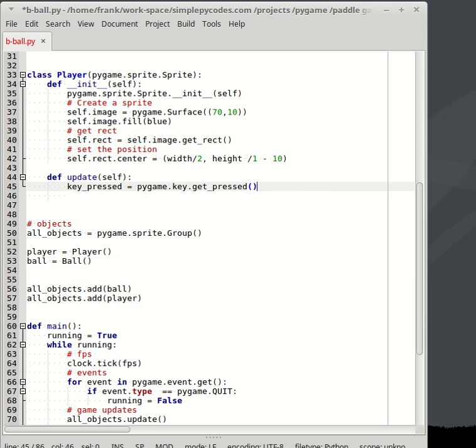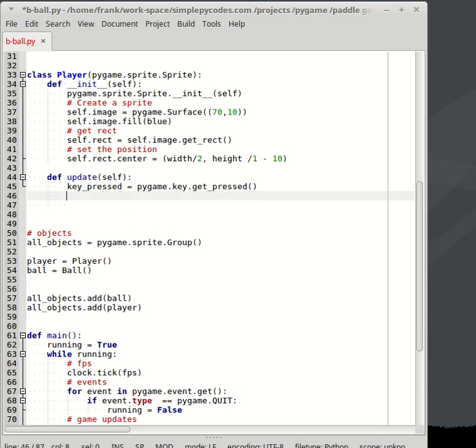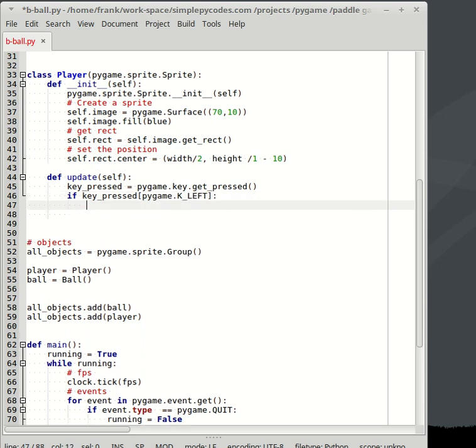We are creating this variable, and it's equal to this method of Pygame, which is kind of listening to the keyboard, to which key is going to be pressed. Now if key pressed pygame.K_LEFT, with everything capital, then